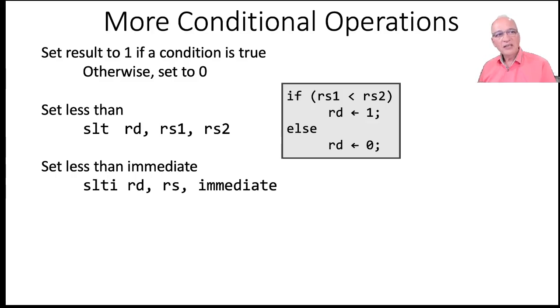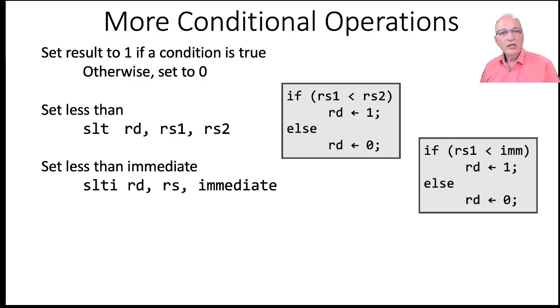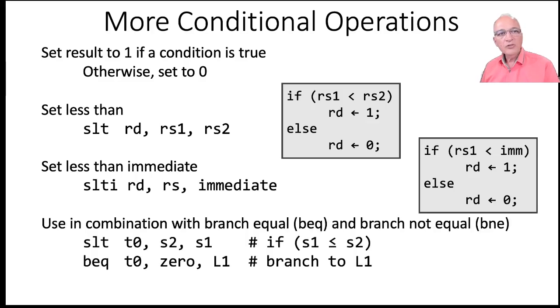I can also have a set less than immediate, where I am comparing the value of a source register with an immediate value, with a constant. So if the value in the source register is less than the immediate value, I set the destination, otherwise I don't. I can use this set less than operation in combination with a branch equal instruction or with a branch not equal instruction. So for example, the top set less than will set the value of t0 if s2 is less than s1,